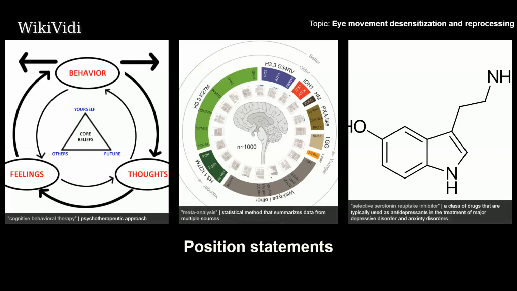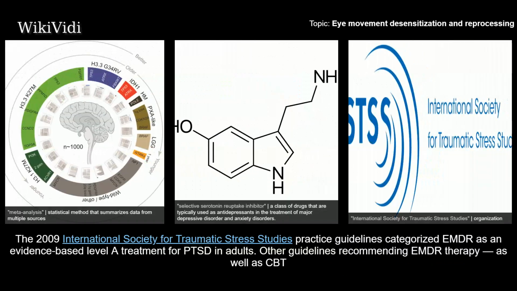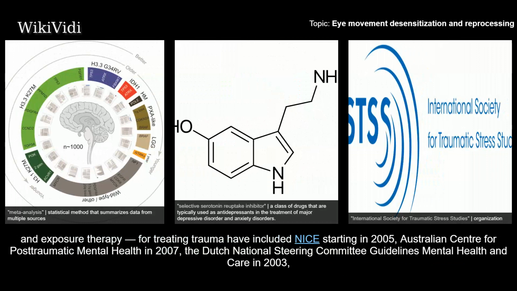Position statements. The 2009 International Society for Traumatic Stress Studies Practice Guidelines categorized EMDR as an evidence-based Level A treatment for PTSD in adults. Other guidelines recommending EMDR therapy, as well as CBT and exposure therapy, for treating trauma have included NICE